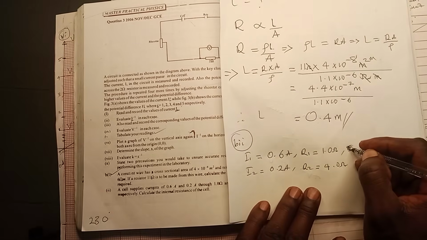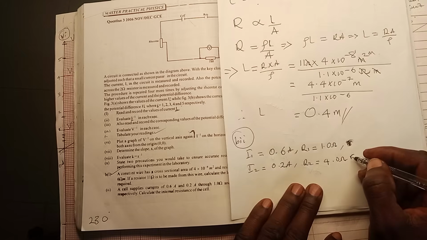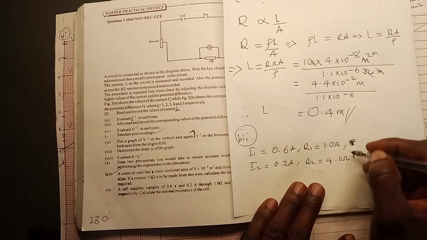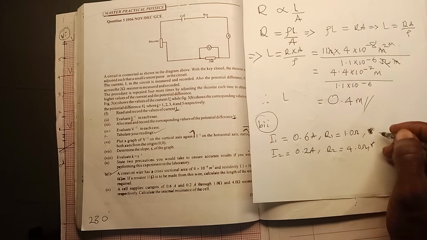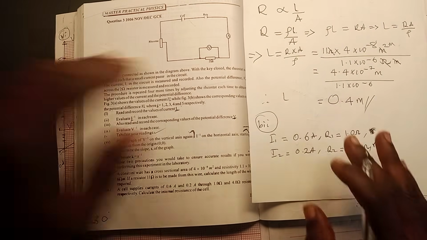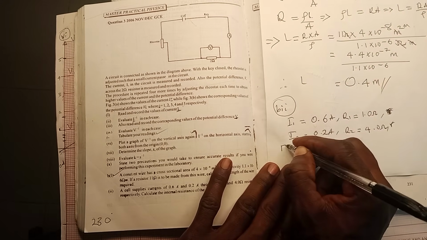The cell is the same, so it will have the same internal resistance R. So they ask us to find the internal resistance of the cell. So how do we go about it? Recall from E